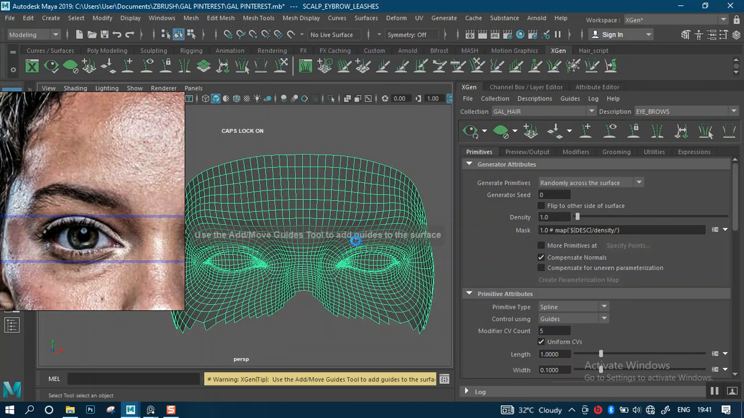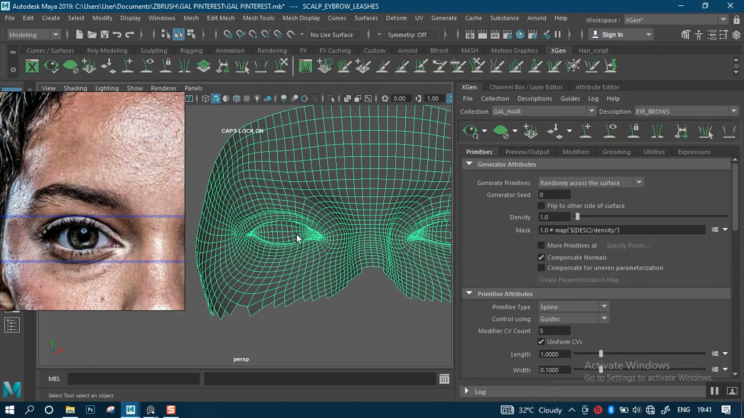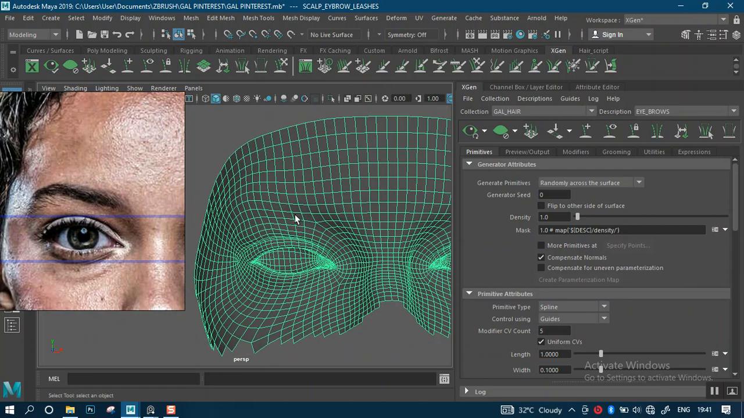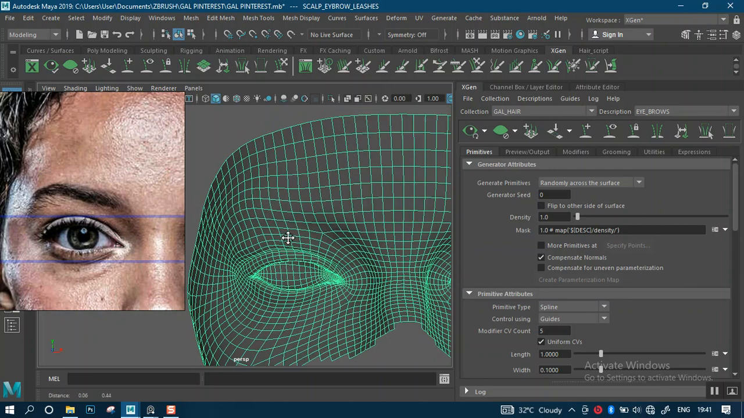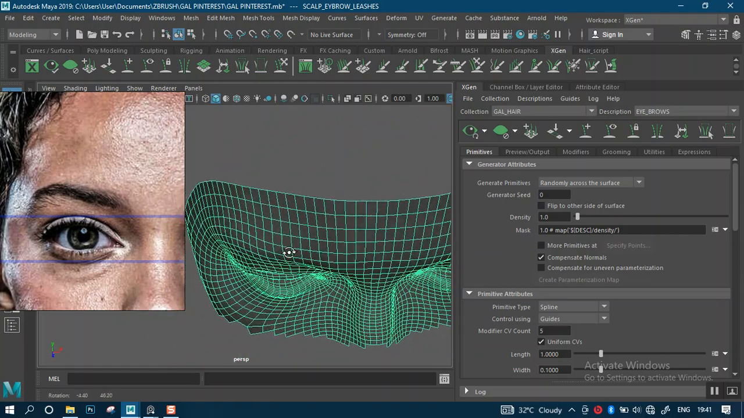So give this a minute to create. Now we have this created. So now we need to start generating, in turn of caps lock, we need to start placing guides on this to kind of generate our hair. Now this particular XGen